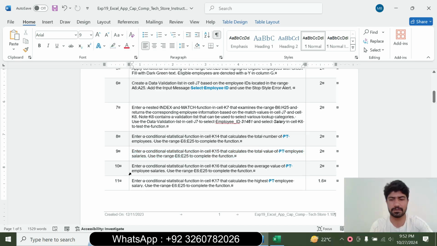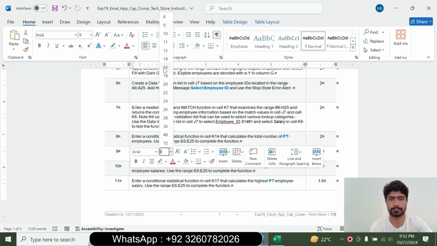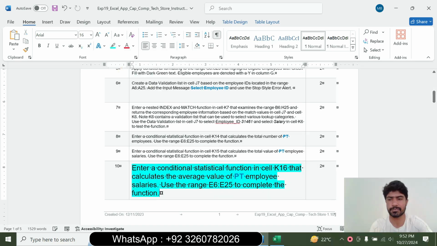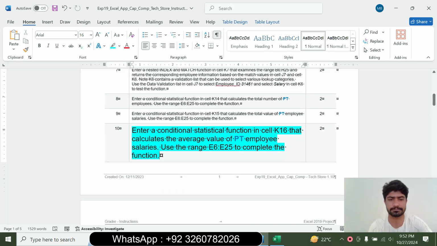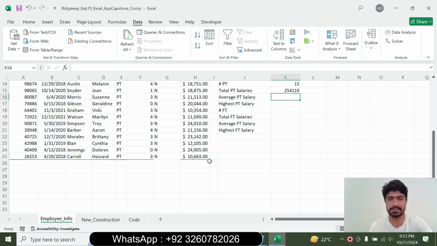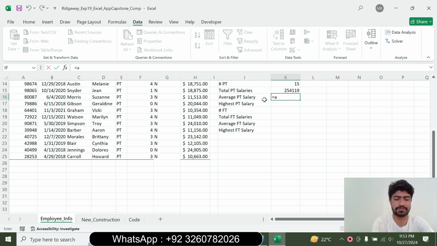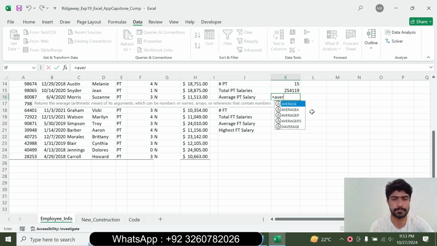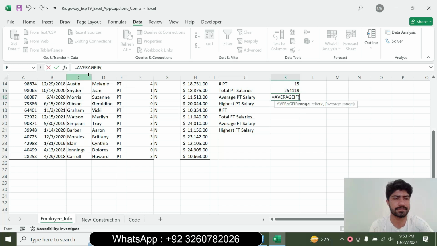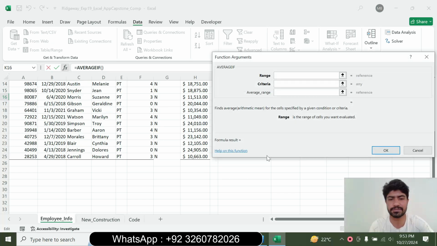We can move to question number 10. So question number 10 is: enter a conditional statistic function in cell K16 that calculates the average value of PT employees' salaries. Use the range E6 to E25 to complete the function. In cell K16, select the cell K16 and type equal to, type the AVERAGEIF function. Open the AVERAGEIF function dialog box